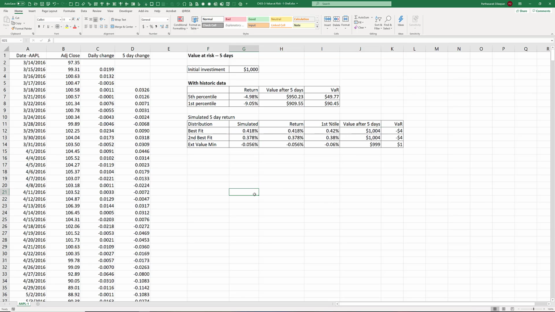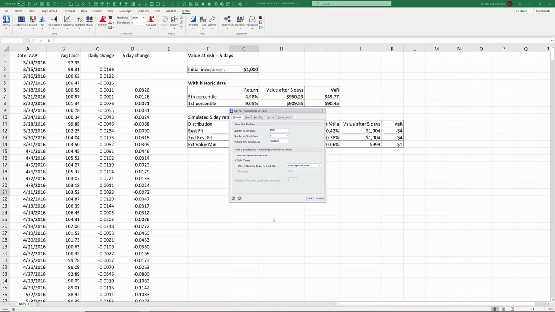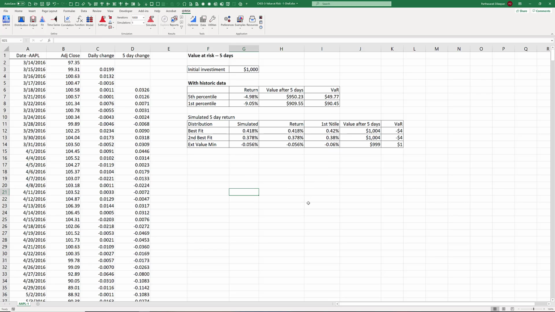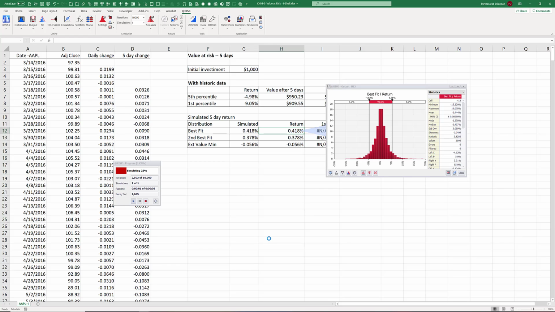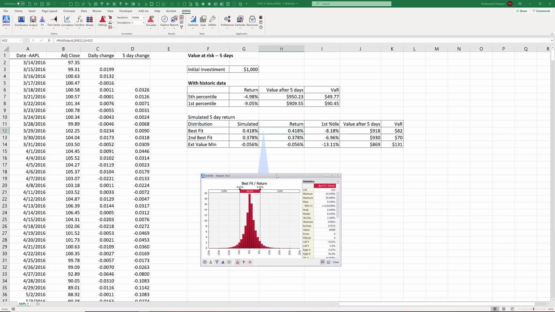Okay, now we are ready to simulate. So let's go to at risk. Let's check the settings. Okay, so multiple automatic. All right, so click OK. And then make that 10,000 and simulate. Okay, so now we have